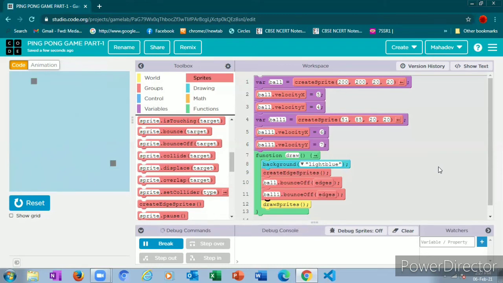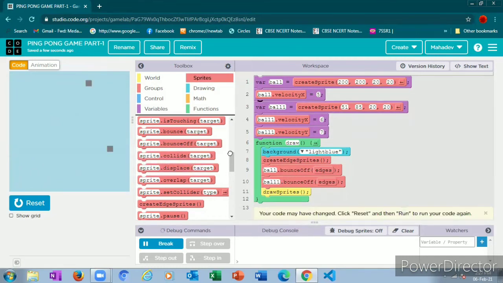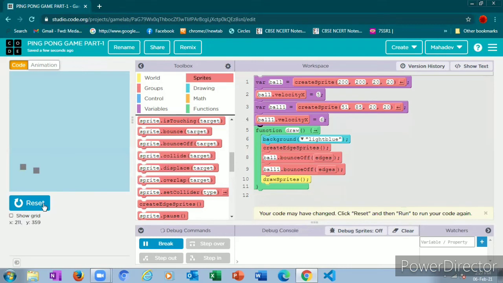If you want to move the ball in the whole playground, we give velocity x as well as velocity y, both. If you want to move the two balls only in left and right directions, you must give only velocity x. I am removing velocity y from here. Now you see, balls are moving only left and right, not up and down, right?